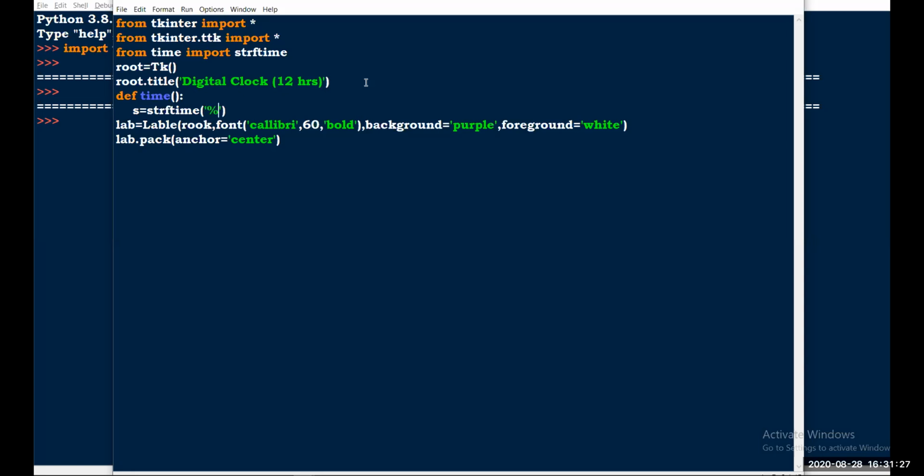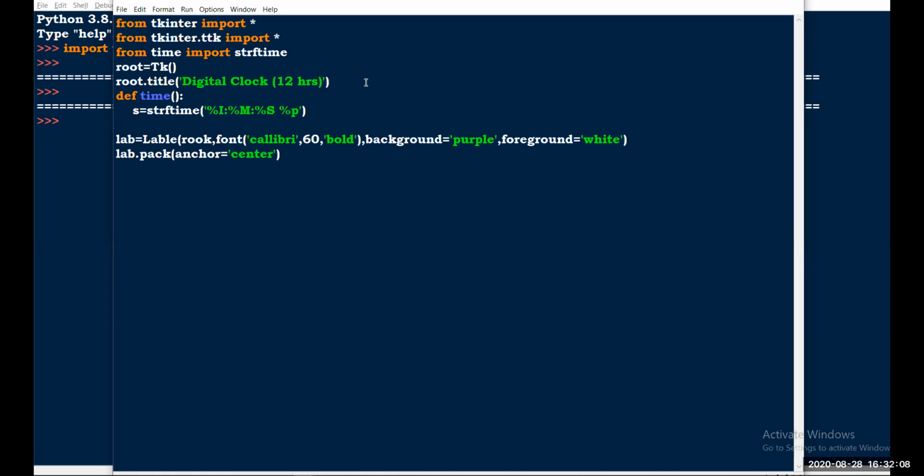Here you need to give percentage, and we have so many tags in Python. The slash t, slash n, those are tags, same as here. We are using percentage I for 12 hours clock, and percentage M for minutes, and percentage S for seconds, and give space, give small p, and before it you have to give percentage. This helps to get your time. So like this, that's all.